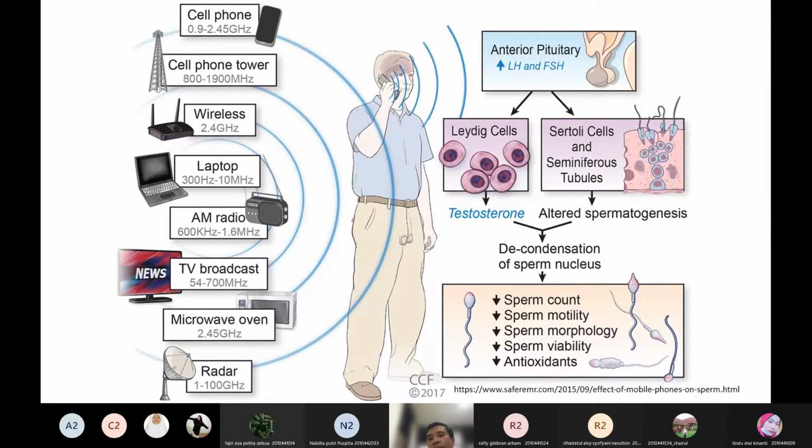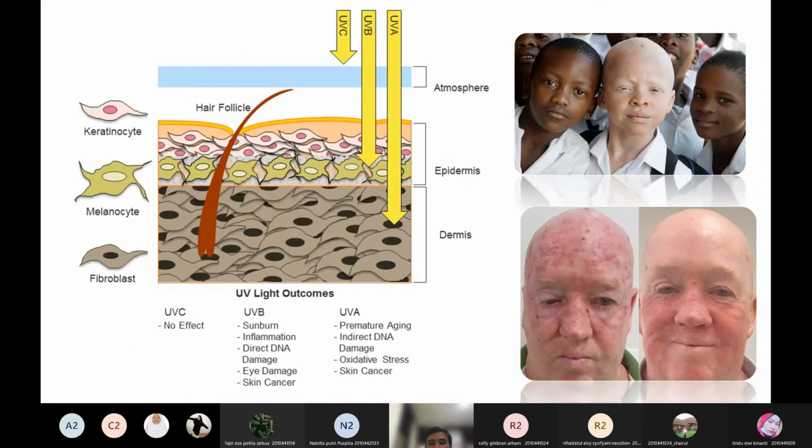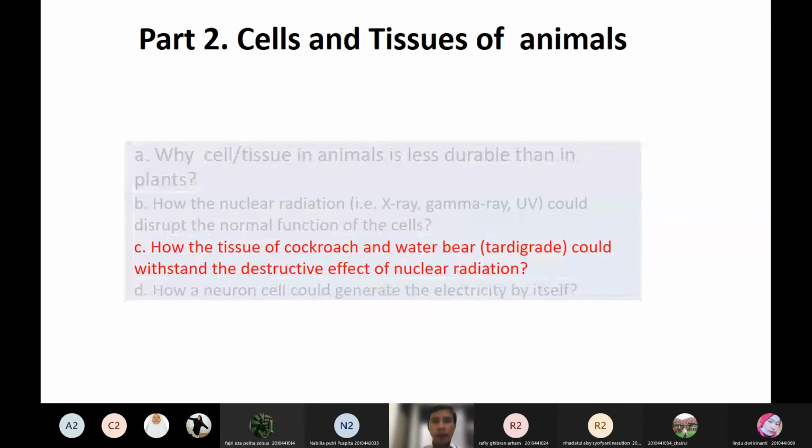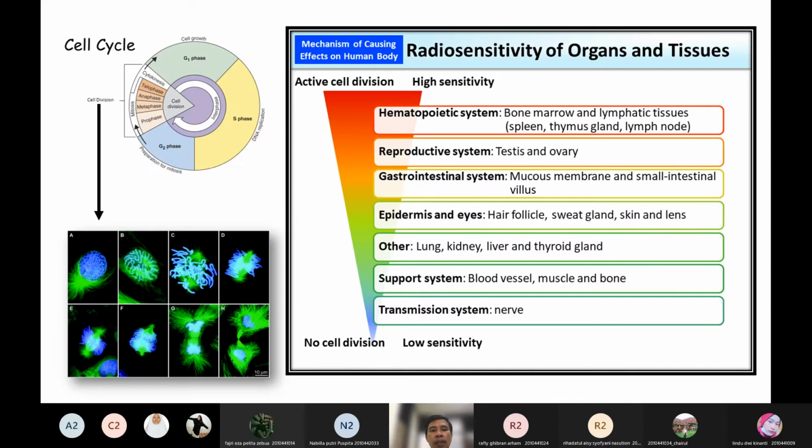Jadi radiasi elektromagnetik juga could affect the cells, particularly the reproductive cells. So the next question is how the tissue of cockroach and water bear could withstand the destructive effect of nuclear radiation. So previously, you roughly also correctly answered that it is actually due to the activity of such cells,